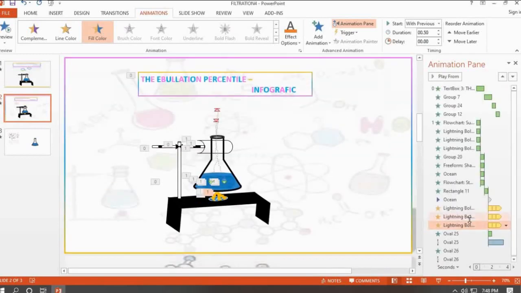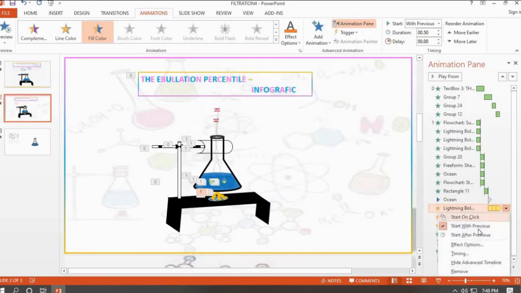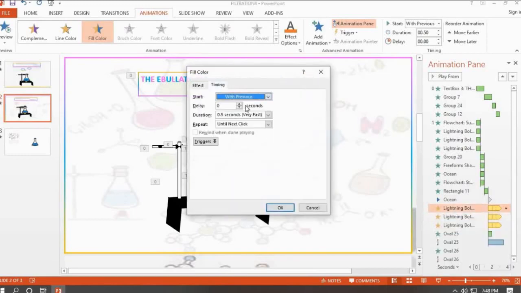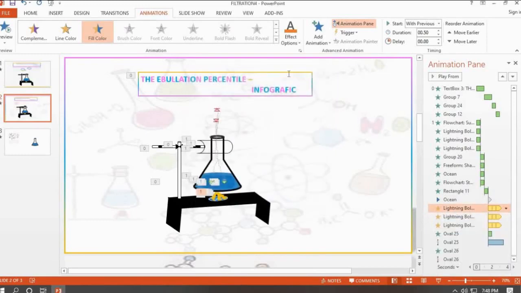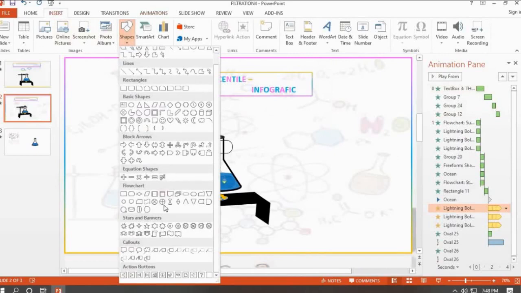So each fire fume, we added 3 fire fumes, so each fire fume should have equal timing so that the animation looks perfect, right? So go to the shapes. Now we'll add the